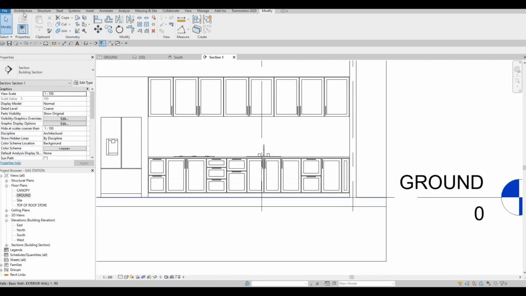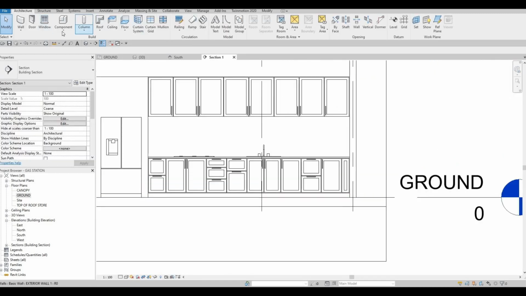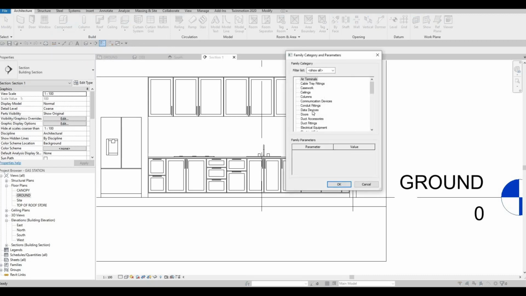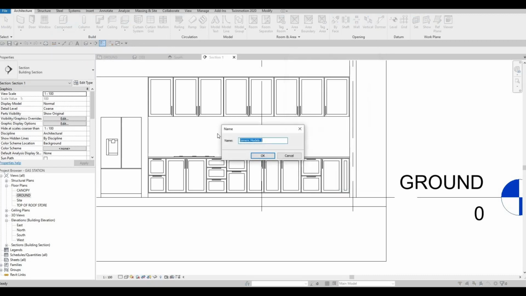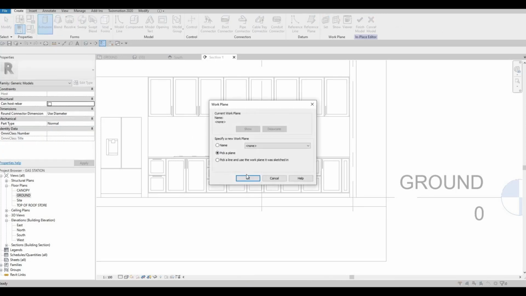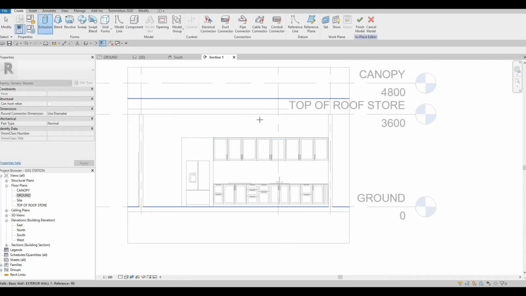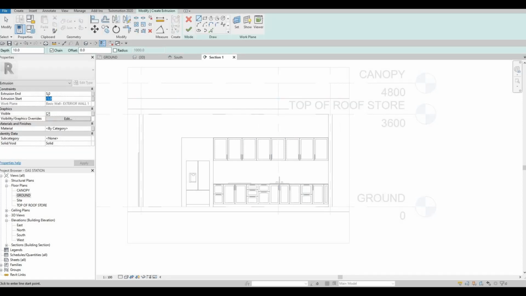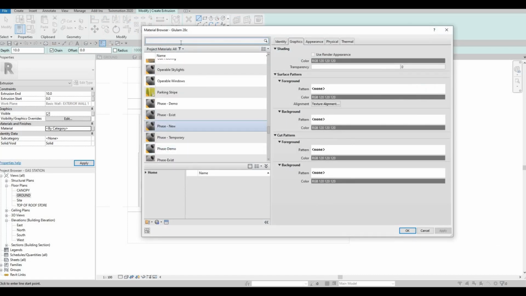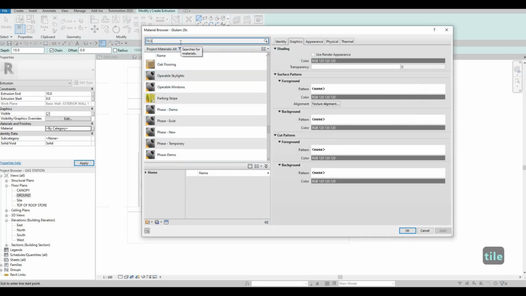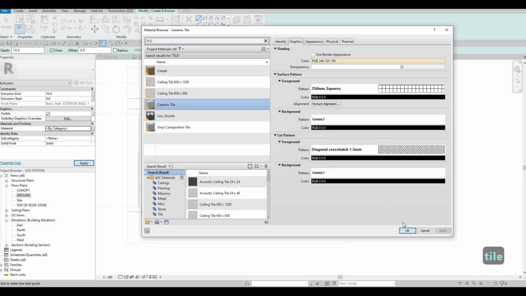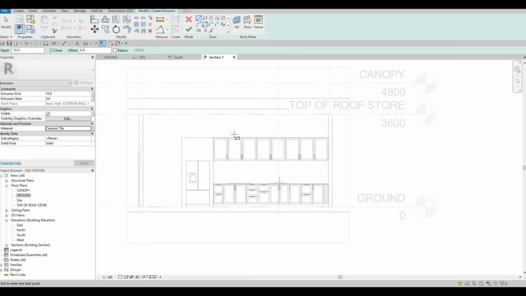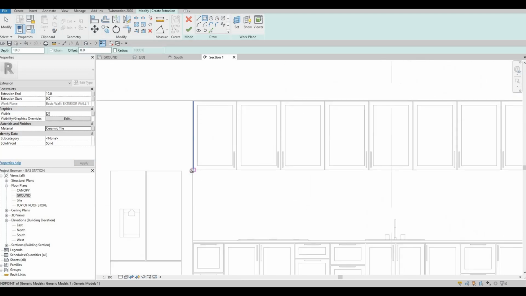We could do it architecture, another component in place, and then this will be generic model, and then extrusion, pick a plane, which is this wall. So make sure everything is highlighted because that's the wall that we're referring to. Make this one 0 and then 10, and this will be another stone finish, or we could do a tile if we have a tile base right here. Ceramic tile, let's use that. And then we're going to put this one onto this side